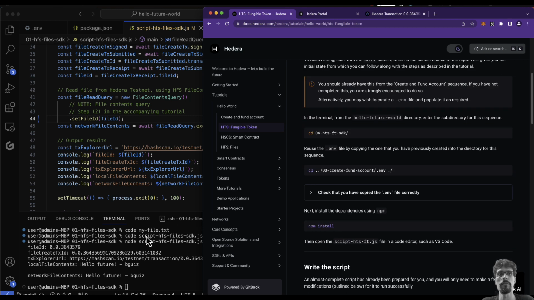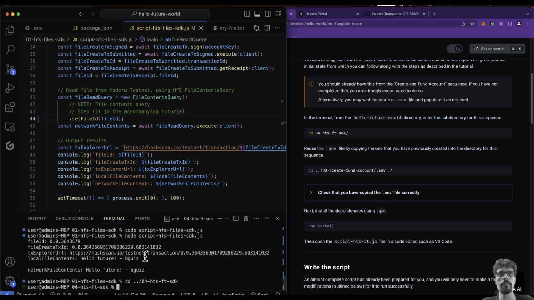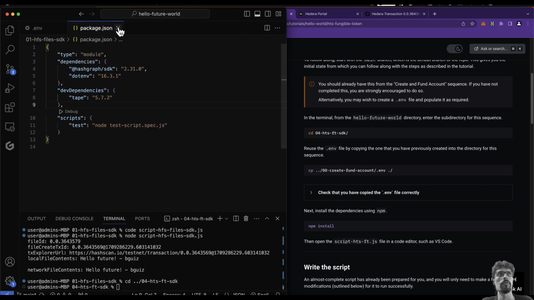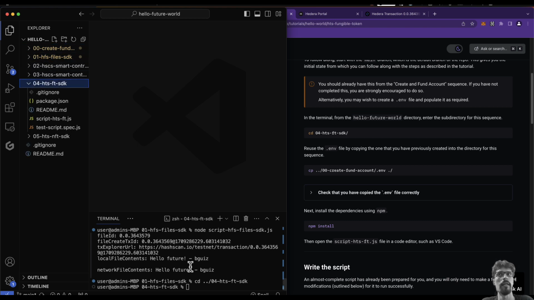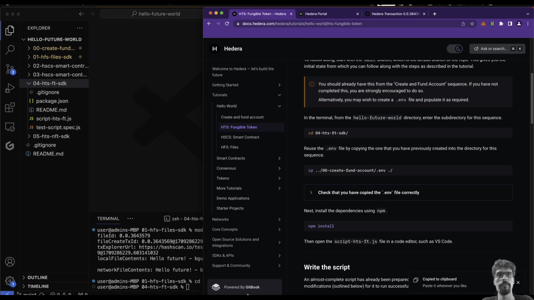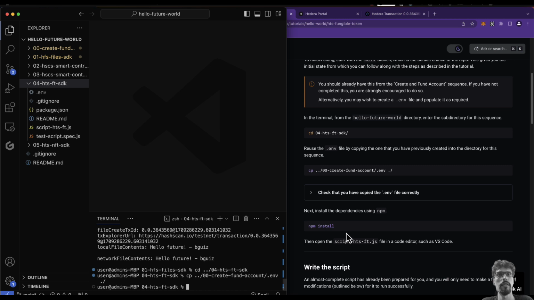So we've already got the repo checked out from the first hello world sequence. So I'm just going to cd one directory up and into the HTS FT SDK. Close all the additional files, open up this directory in VS Code, and I'm going to copy the .env file from the create fund account hello world sequence into the current directory, and then